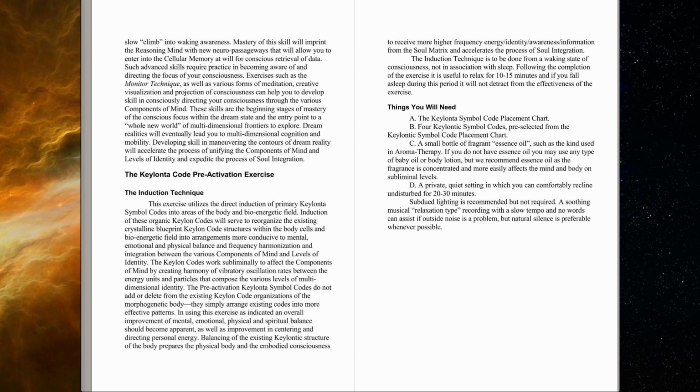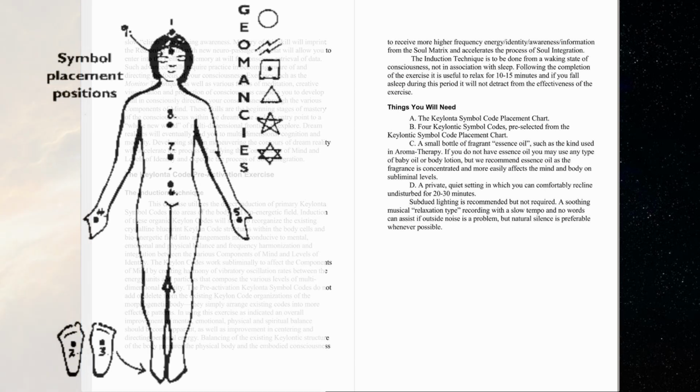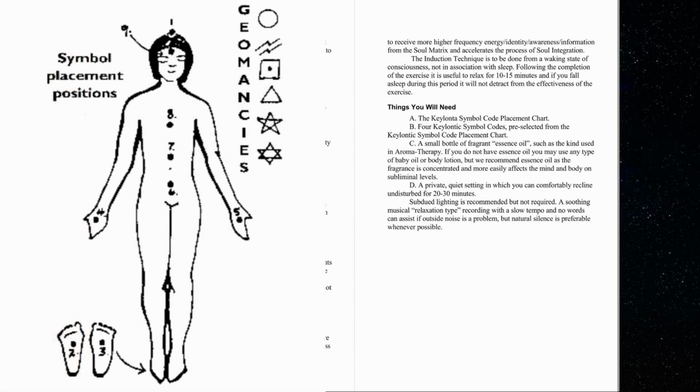Things you will need for this exercise. A. The Keylonta symbol code placement chart. B. 4 Keylontic symbol codes, pre-selected from the Keylontic symbol code placement chart. C. A small bottle of fragrant essence oil, such as the kind used in aromatherapy. If you do not have essence oil, you may use any type of baby oil or body lotion, but we recommend essence oil as the fragrance is concentrated and more easily affects the mind and body on the